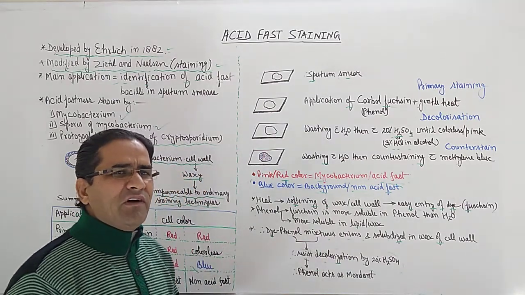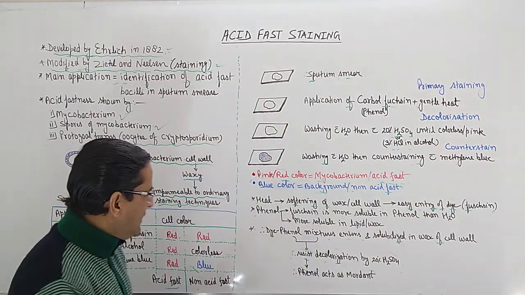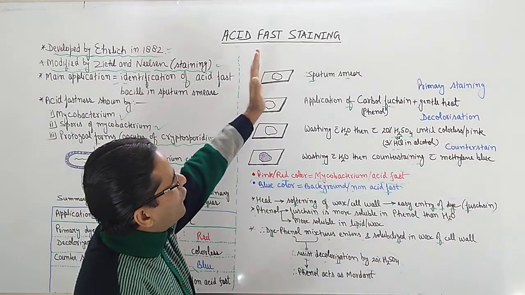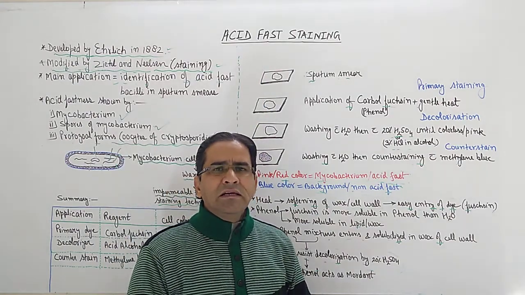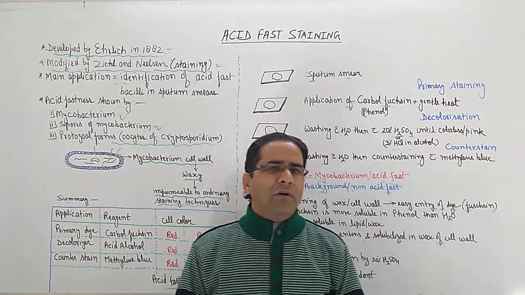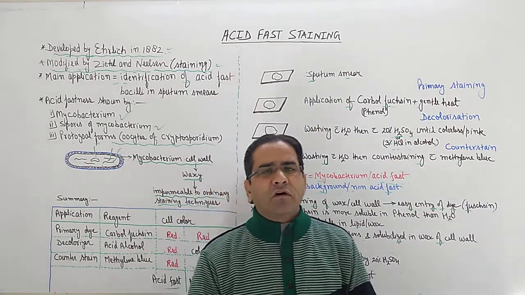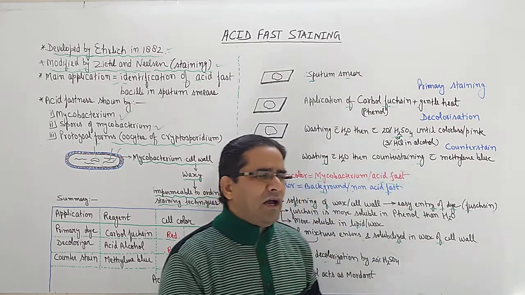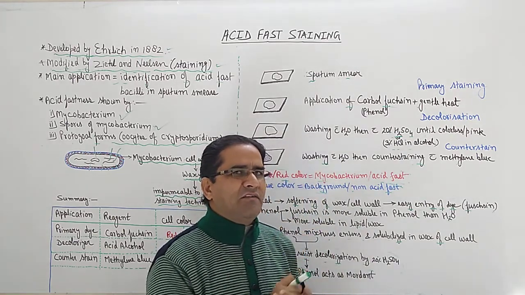What we do in acid fast staining, we use 3-4 steps. Here is the summary of these steps. First we will see what we actually do in acid fast staining. See, the story starts with the patient. He goes to a doctor and briefs about the symptoms regarding the disease or infection he is suffering from. The doctor is not able to conclude what infection the patient actually has.